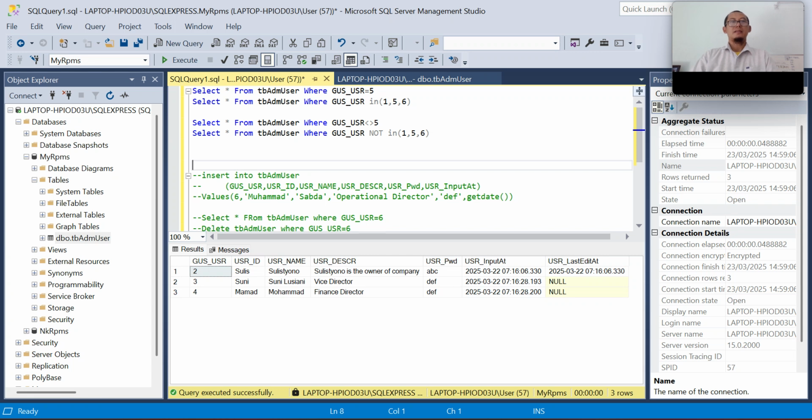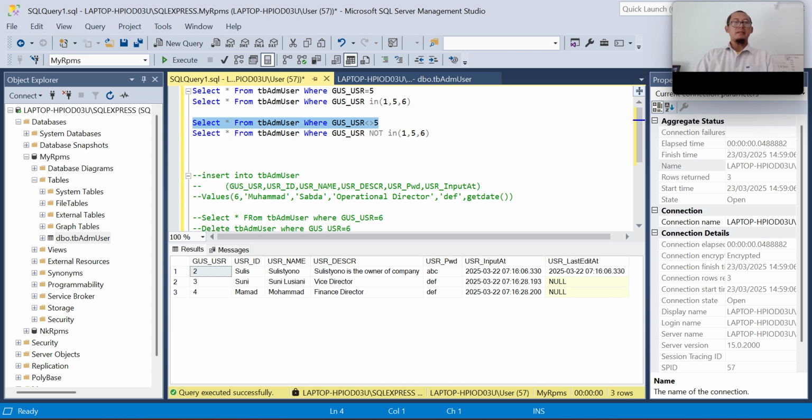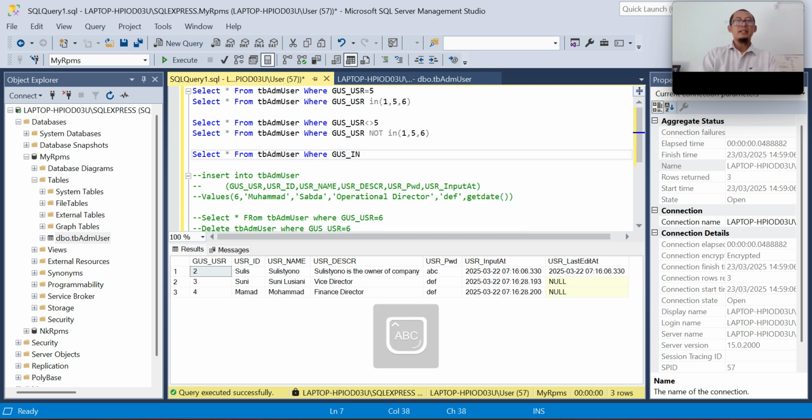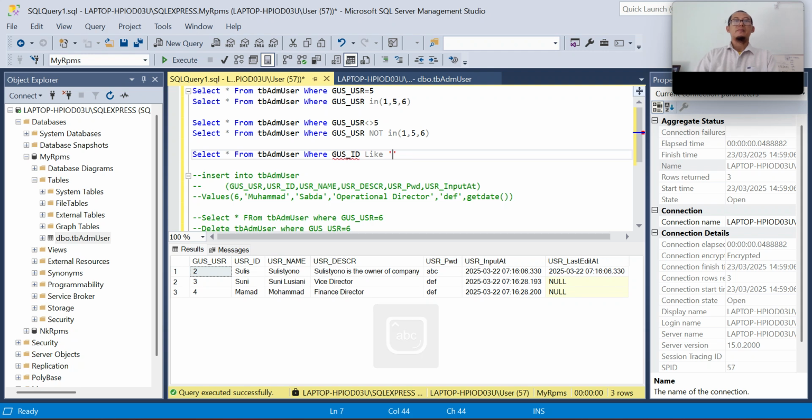Operator LIKE is used for character or varchar data types. Let's see. What if I want to display data with user ID like SU?